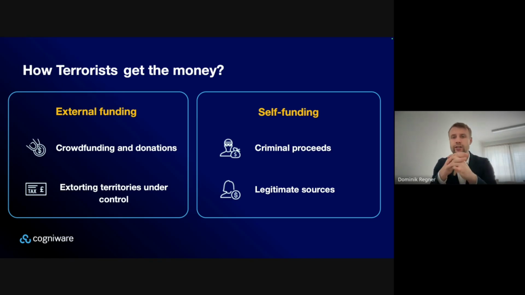In recent years, terrorists have invested, for example, in hospitality, restaurants, real estate, or even financial markets. So it's a legitimate source of money. And this makes it challenging because this money appears okay, and it's quite hard for banks and financial investigation units to detect.